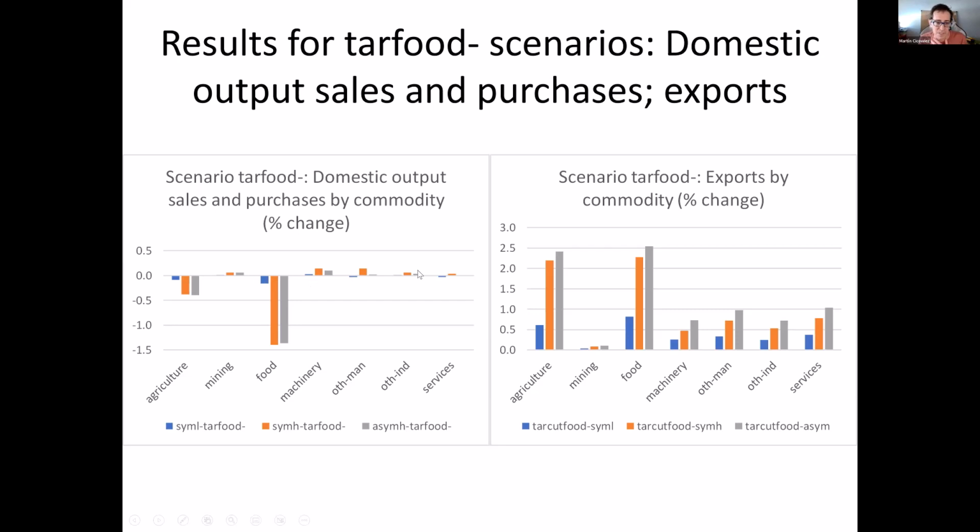Okay, and for the other cases, we see an increase that is driven by the real exchange rate because imports of the non-food products are now more expensive. On the right-hand side here, we have exports. And again, given that the real exchange rate depreciation is higher when we use the asymmetric case, sectoral exports increase more in the asymmetric case when we compare to the symmetric case, even with the high elasticities. Okay, so again, this result is related to what we discussed before.